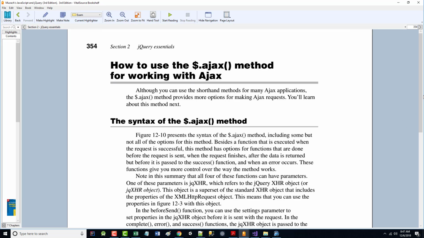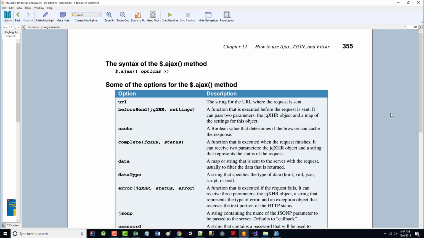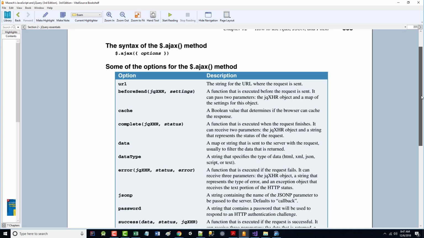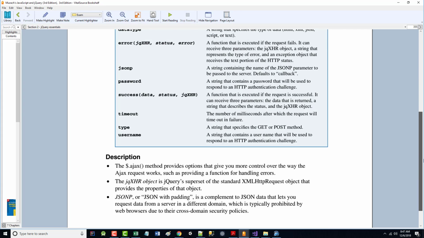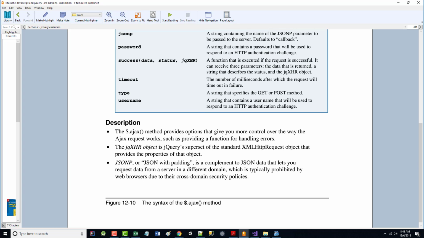jQuery has an Ajax method that's specifically used for you to be able to work with Ajax. These are the different options that you can use with it. All right. And again, the main reason that I'm going over this, I want to make sure you've at least heard the terminology. It's not at all impossible that you could go in for a job interview and somebody could